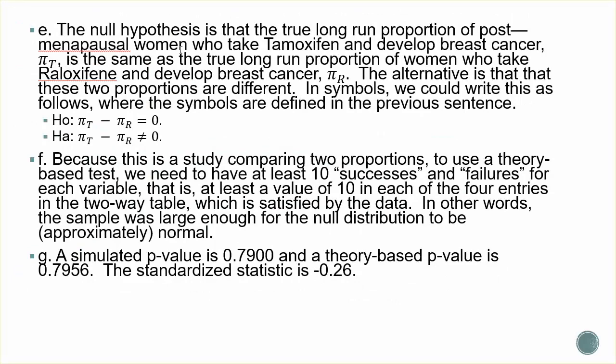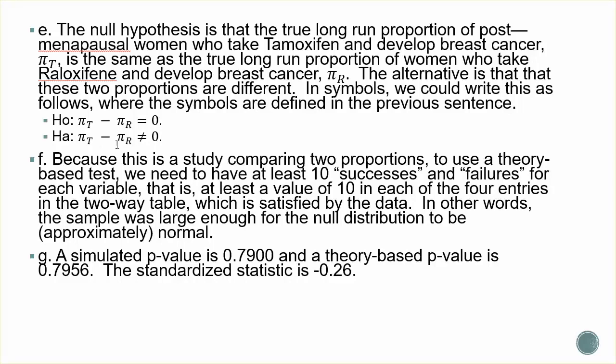Is that the same as the true long-run proportion of women who take raloxifene and develop breast cancer, pi r? So the null hypothesis is that pi t is equal to pi r. The alternative is that they're different. And so we could write this out in symbols. The null hypothesis is that pi t minus pi r is 0. If they're the same, then the difference is 0. And the alternative is that pi t minus pi r is not equal to 0. So we'll give it the benefit of the doubt, and then if we have evidence, we can conclude that they're